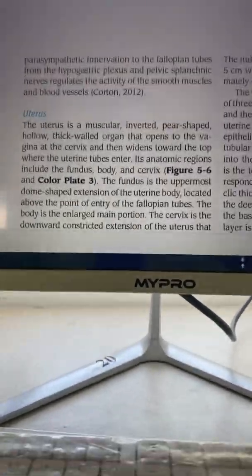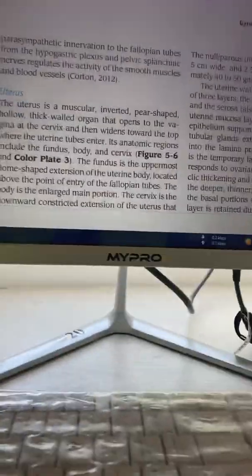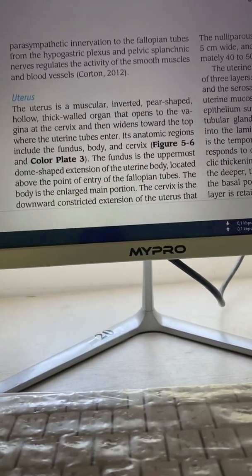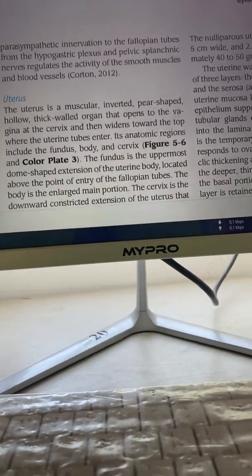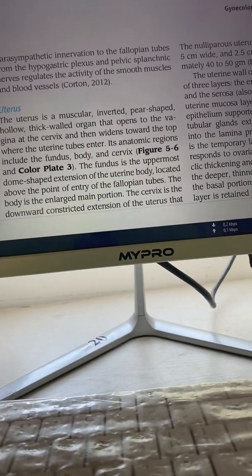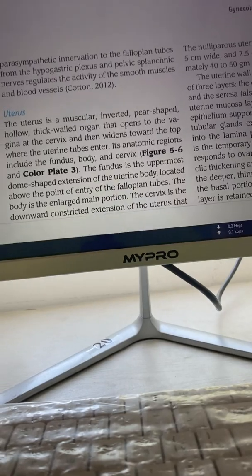Parasympathetic innervation to the fallopian tubes from the hypogastric plexus and pelvic splanchnic nerves regulates the activity of the smooth muscles and blood vessels. Uterus. The uterus is a muscular innervated pear-shaped